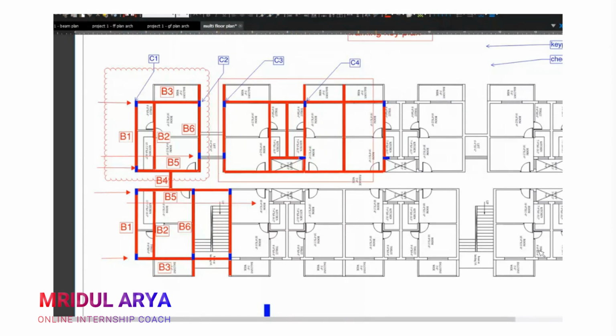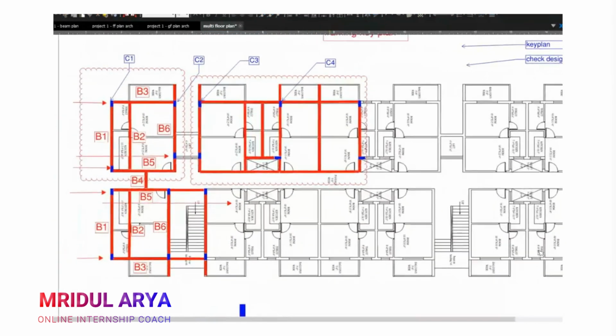The same will apply to this position and this position. So technically, in this whole building, you have to design only a couple of blocks, and you will find that by creating a key plan.